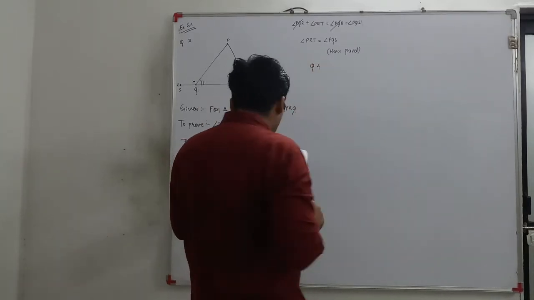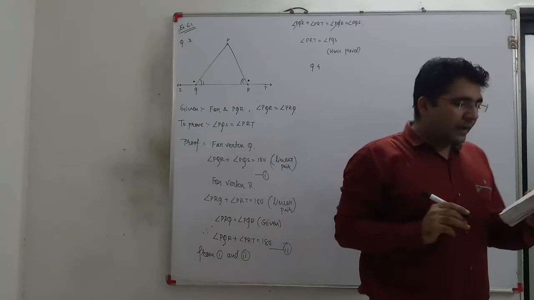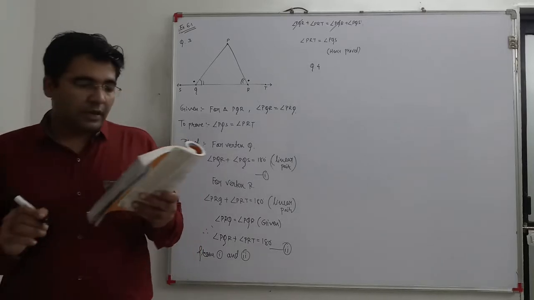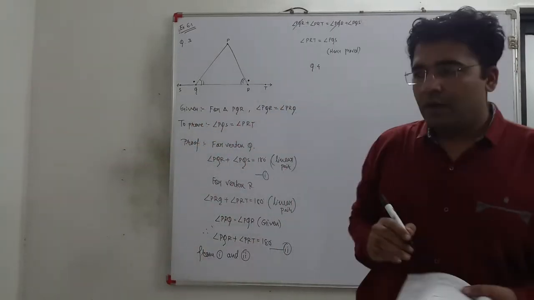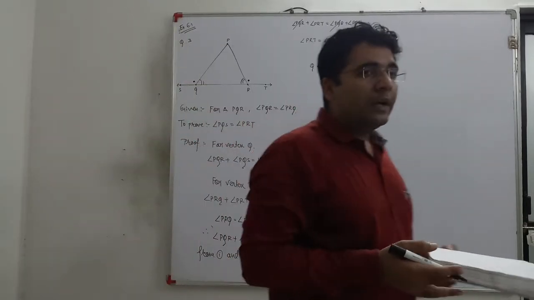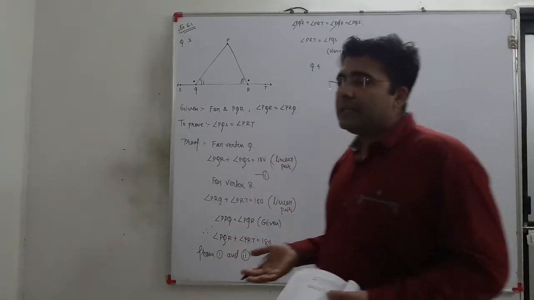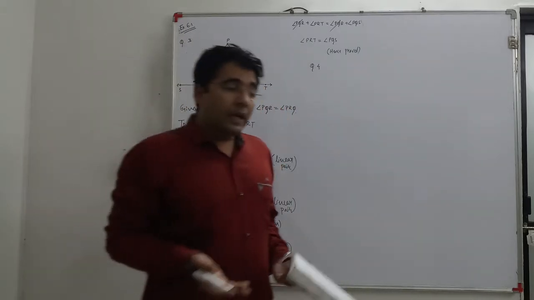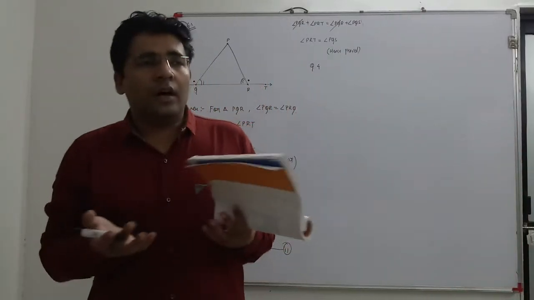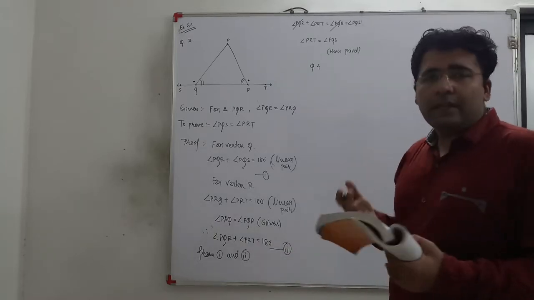What is question number 4? In figure 6.16, if x plus y is equal to w plus z, then prove that AOB is a line. To prove that two rays form a line, we should show that they form a linear pair. And how can we say they form a linear pair? By showing that the sum of two adjacent angles is equal to 180 degrees. So this is my key for this question.